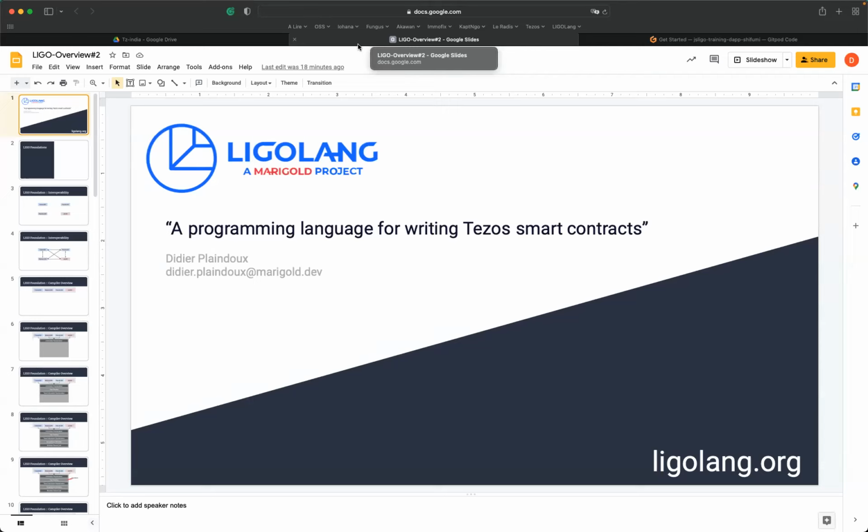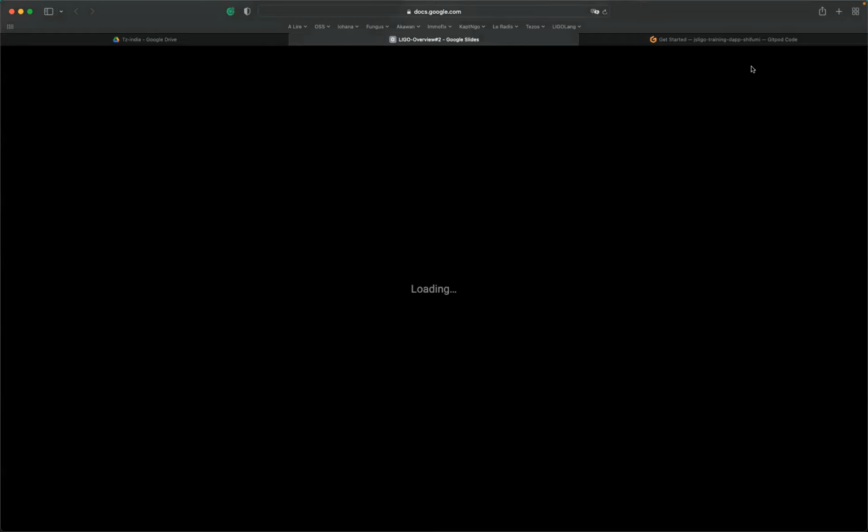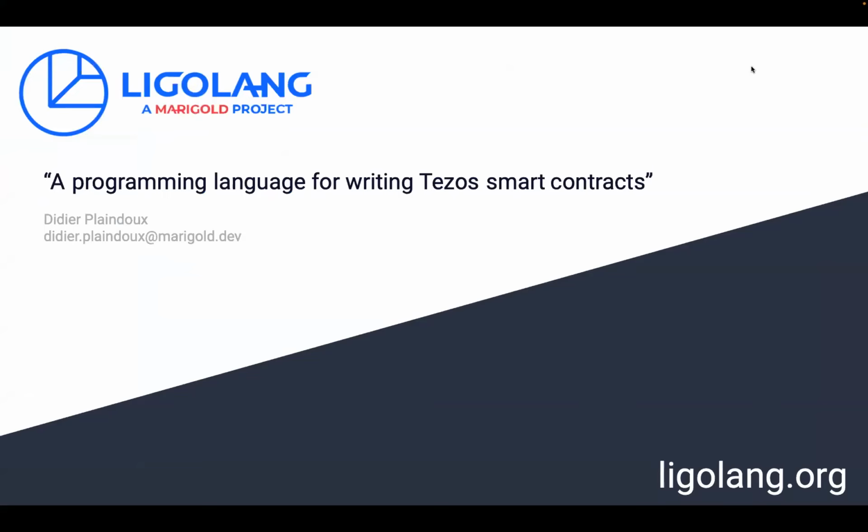So we are going really to play with the tests and to see how tests can help us in the design. We already did it during day 1 when we discovered the language. Right now, we are going to use it as a base in order to improve and to have a secure smart contract. So first, let me do the short presentation.